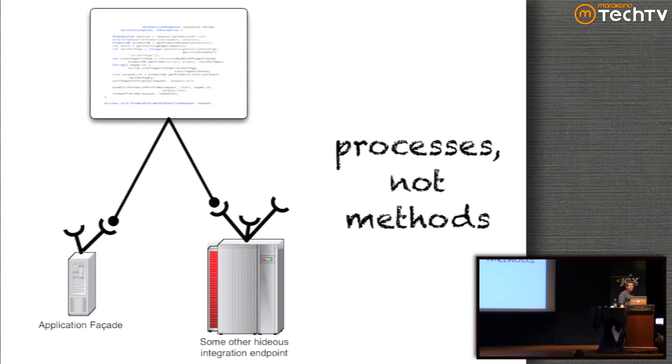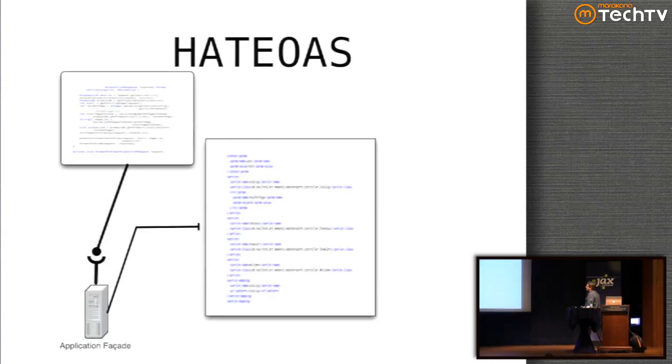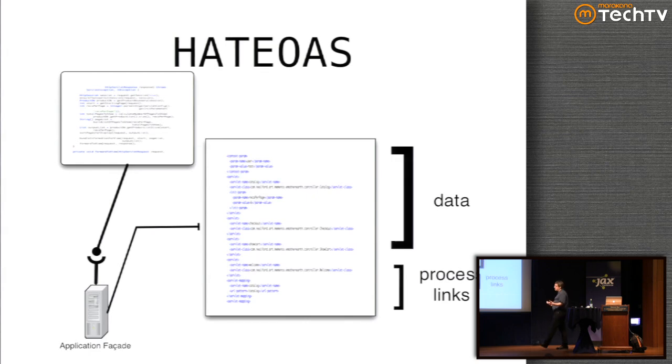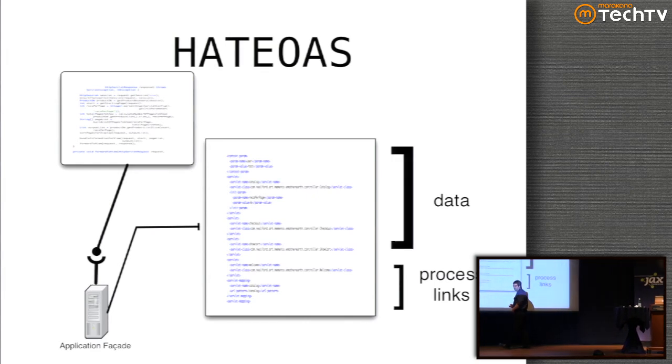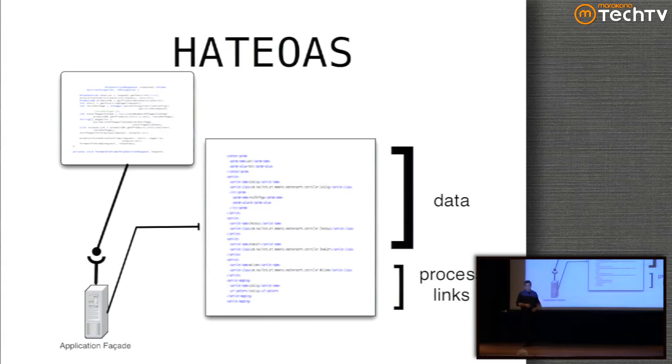The idea of HATEOAS is that when you send things back from the server, you send back still data because you care about data, but the other thing you send back are links. And those links lead you to subsequent workflows within this application. So let's say this application does something about ordering. When you place an order at RestBucks, you've got two options. You can either pay by credit card or pay by cash. Those are two different branching workflows that live in this application that models things about payments.